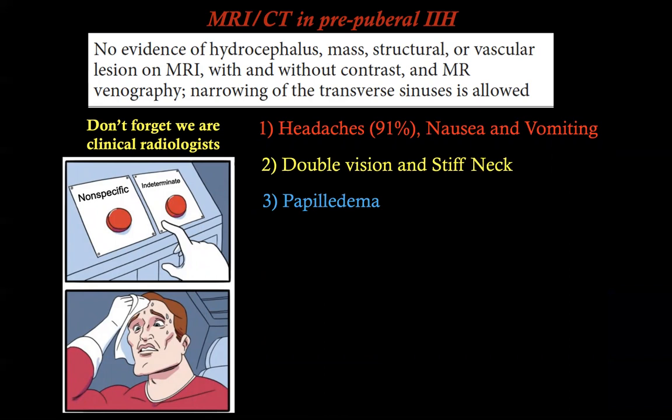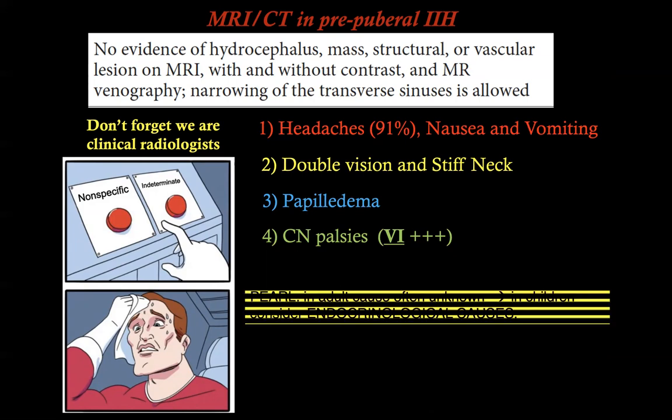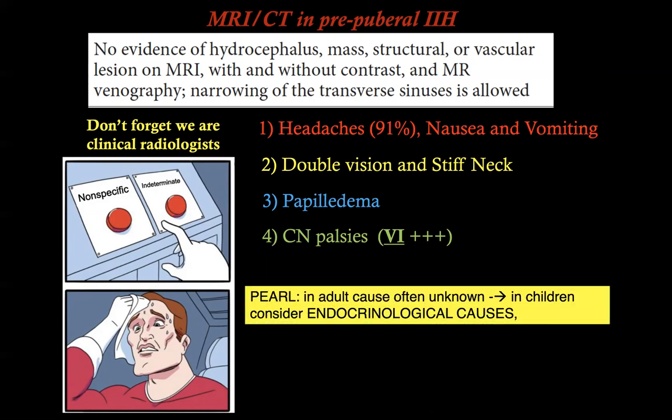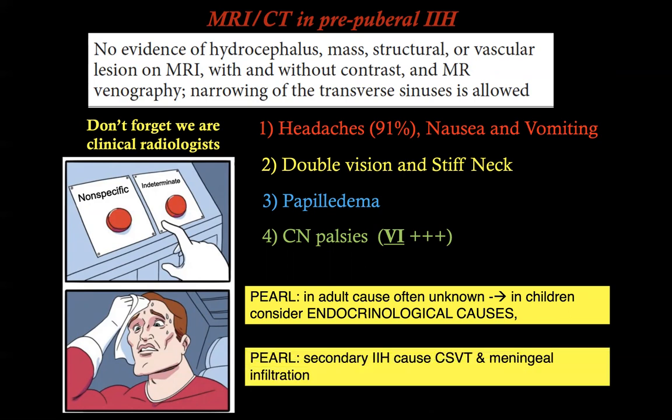Ask your ophthalmologist if the child has papilledema, and remember that the neurological exam is not completely negative. These children can have cranial nerve palsy, especially the sixth. So remember the clinical context, and remember to think of endocrinological causes. If you have a child with idiopathic hypertension, ask your clinician if there is an imbalance in the hormones or an endocrinological disease. Another pearl,